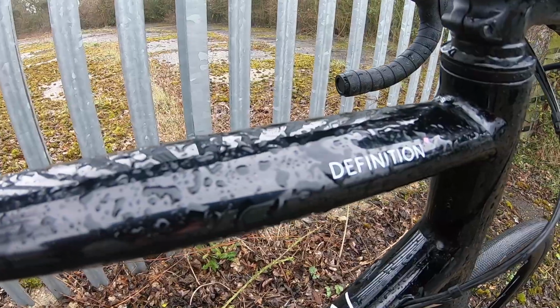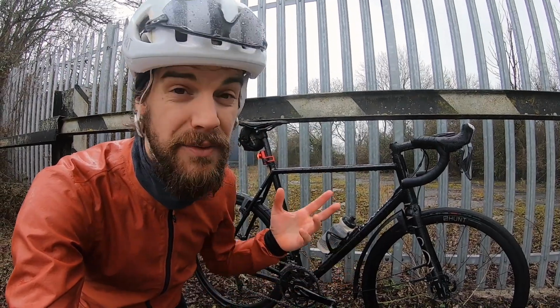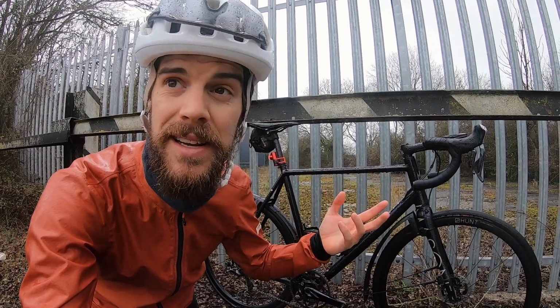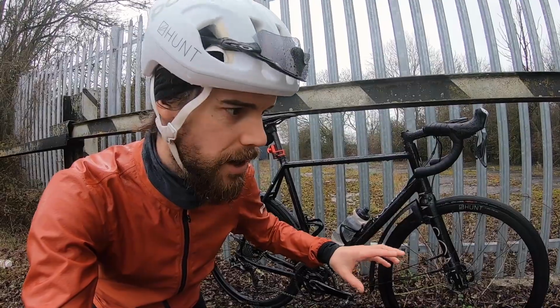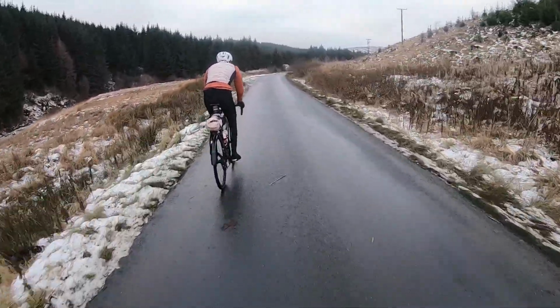The Mason Definition is one of Mason's original two bikes, this and the Resolution, and they're designed as a 4-season road bike, so that means it's good to ride in these conditions. We're in early March, but I've been riding this setup all the way through winter, including my Edinburgh to London bikepacking trip. So I'll put the link up now and you can see that and see what kind of stuff